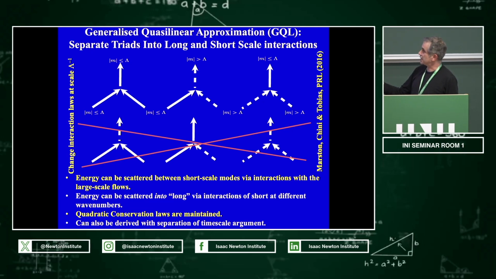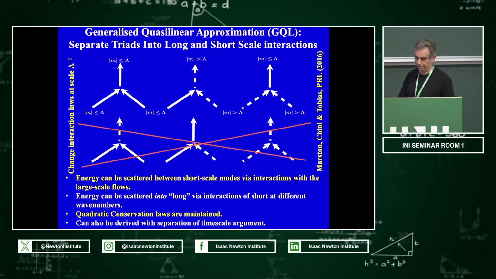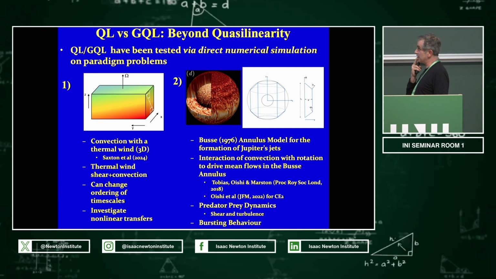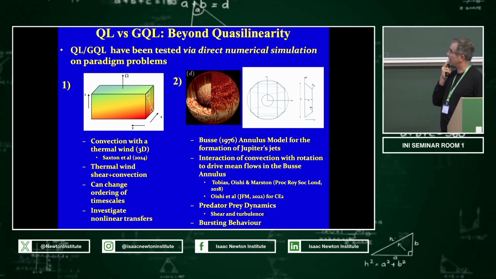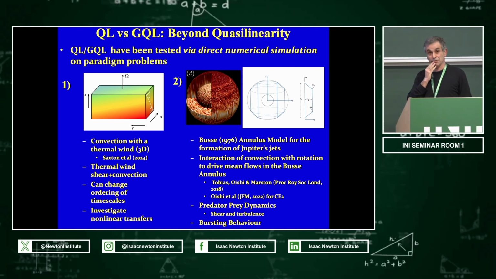One thing I'd like to stress is that we've still got an equation which is linear in the high modes, and so it's still amenable to closure. So this is the generalized quasi-linear approximation. So I'm going to just see how well these things do on two paradigm problems. I'm not going to do any statistical simulation. I'm just going to essentially take out certain triad interactions and see how well we do at approximating full